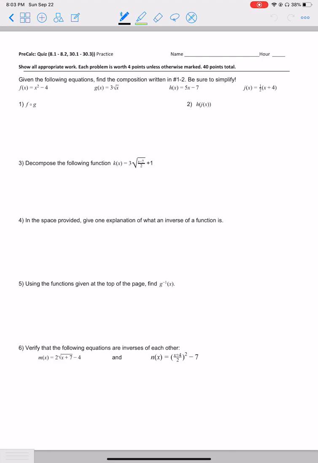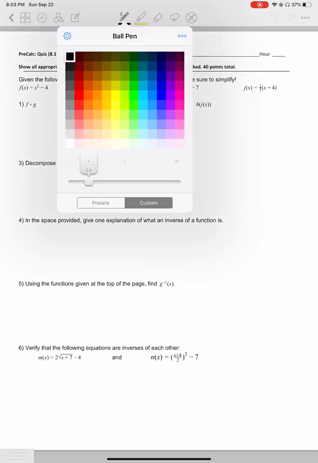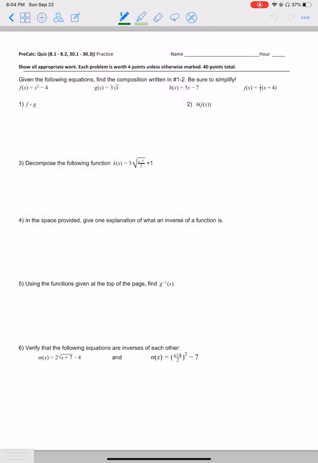All right, here is our practice quiz. I'm going to walk through all our different types of problems. Hopefully this might answer some questions that have been lingering over the homework. So if we look at the first problem,